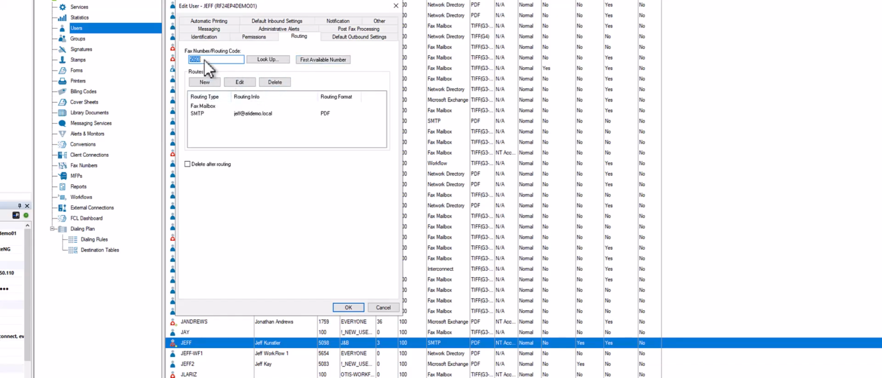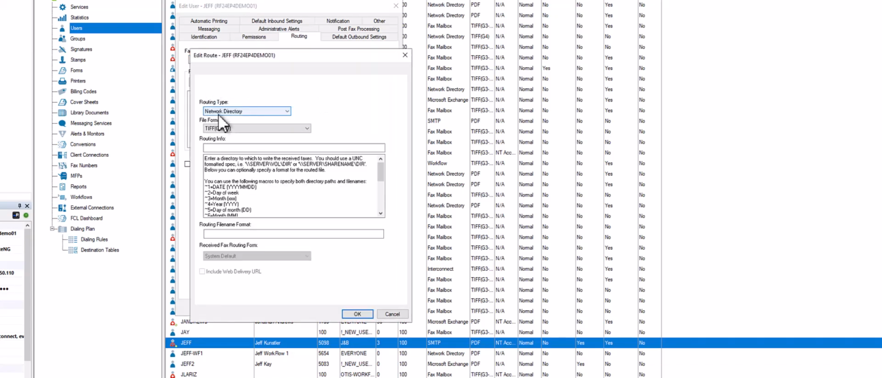You can see right now in my account, my fax comes in, it delivers to the fax mailbox, and then SMTP email goes to me. I want another one. Let's say I also want to deliver to a network folder. I do new, network directory, maybe I want a PDF. I'm going to deliver it to the C drive, and I will do C: